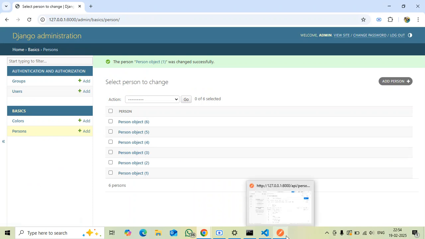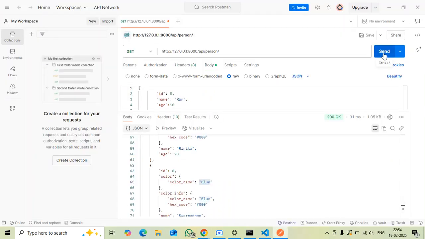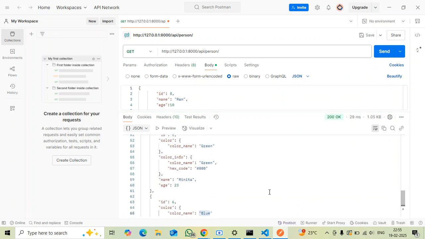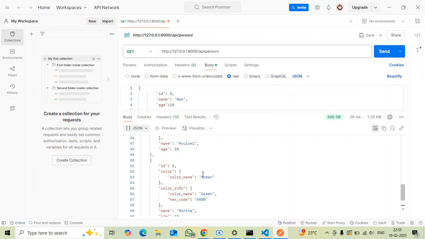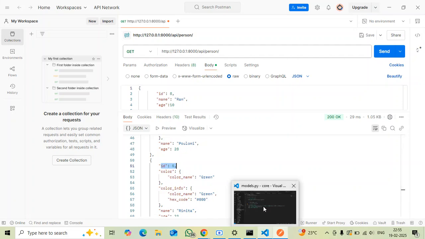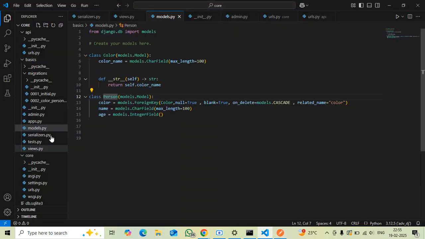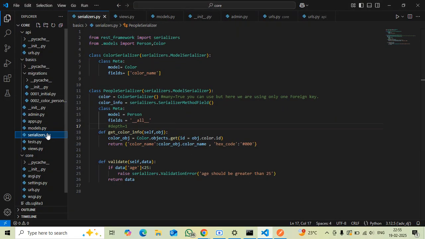So let me see in the postman. Upon sending this request, you can see the color. But while you will write upon hitting, you will not be able to see the color. Instead, you will be able to see only the id. That means you can see only the id number, you cannot see the color name. And for seeing the color name, you have to give the def keyword, and where you will write this def